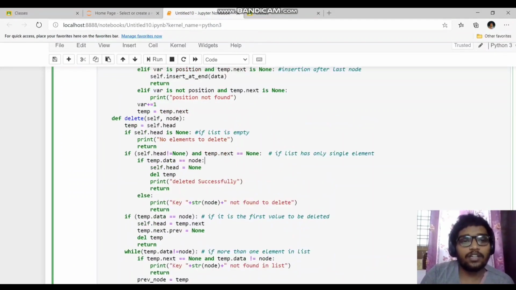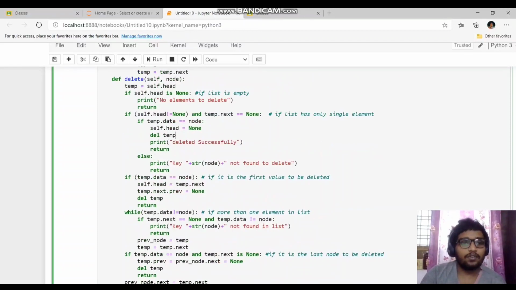So if temp.data equals node, we set the head value to none again, delete that temp variable, print deleted successfully and return from this method. Or else, if there is only a single element in the list but that data is not the data the user is willing to delete, then we print a message that the node the user is willing to delete is not found in the list, and return from this method. That's one condition to be checked.